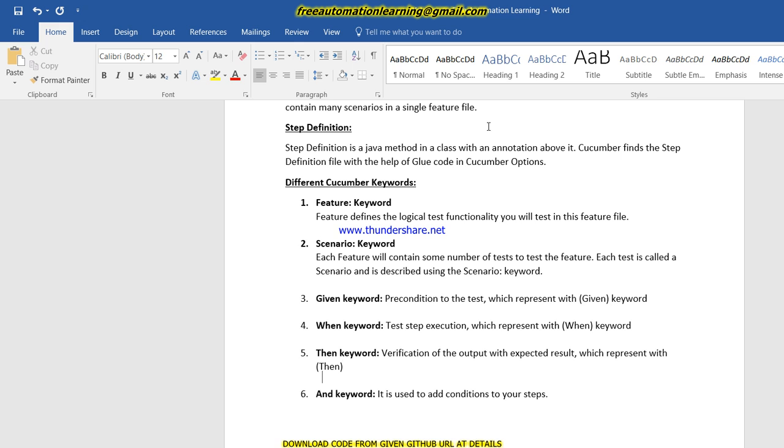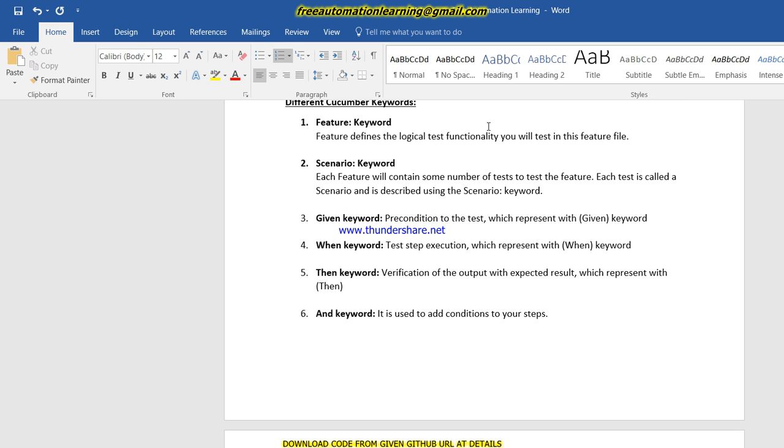And there would be an and keyword. The and keyword is used when we need to add two sentences, right? So at that time we use and. Suppose there are two whens.